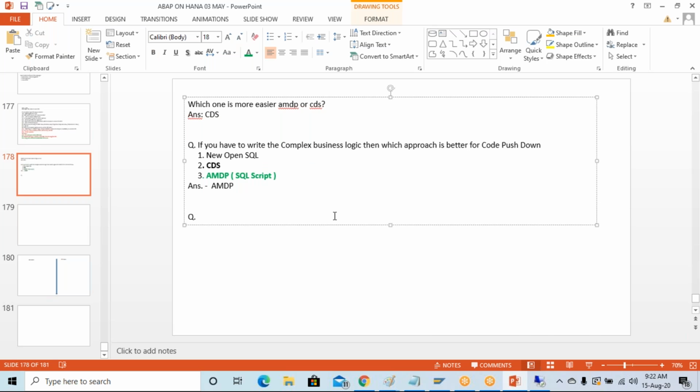Now, another question we can keep like this: how is the transport life cycle management going to work for this CDS? For the transport life cycle management, you don't have to bother for the CDS, because you are